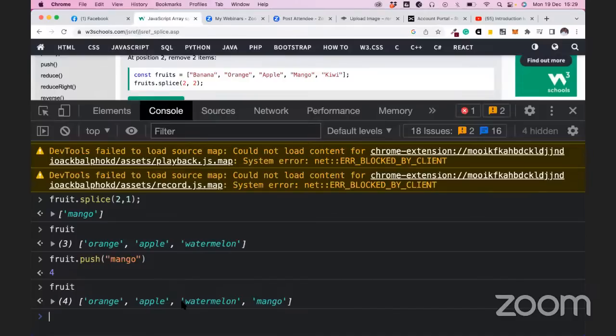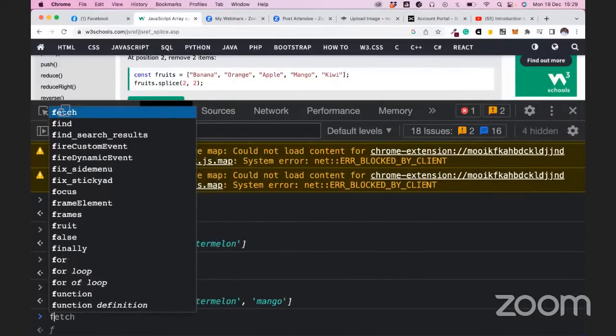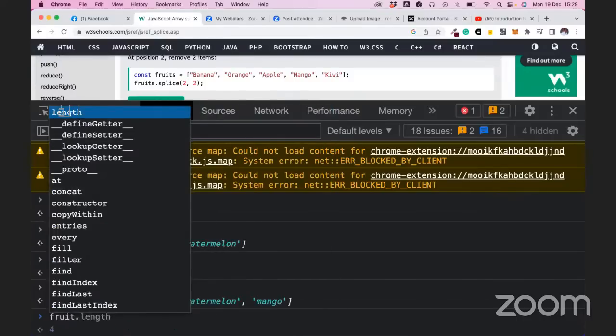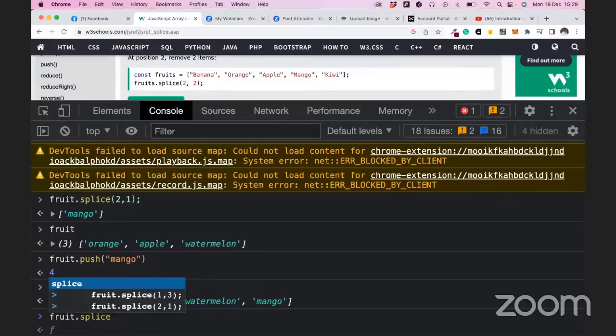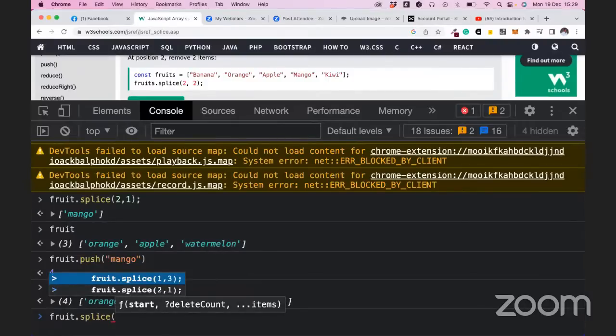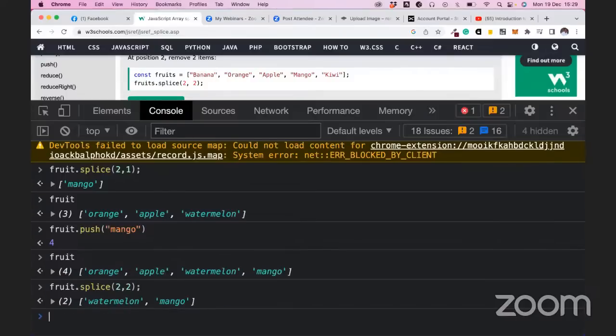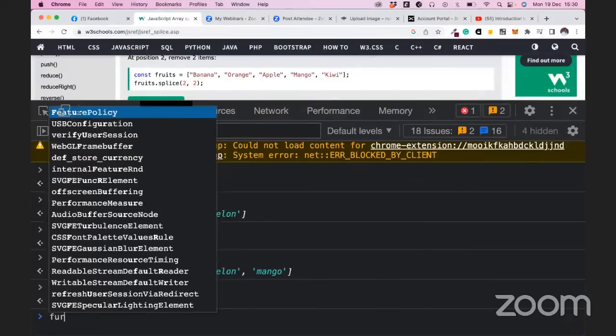So we want to, from index 2, remove 2 elements. So I'll have fruit.splice(2, 2). That's it. So if we look at fruit again,